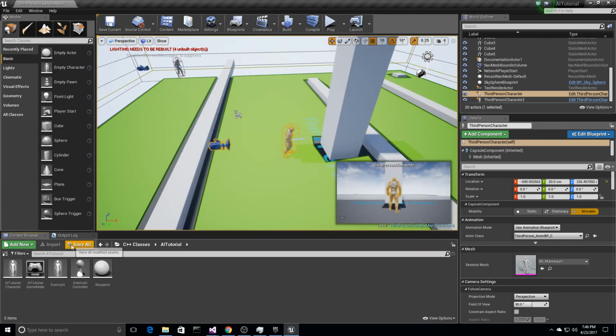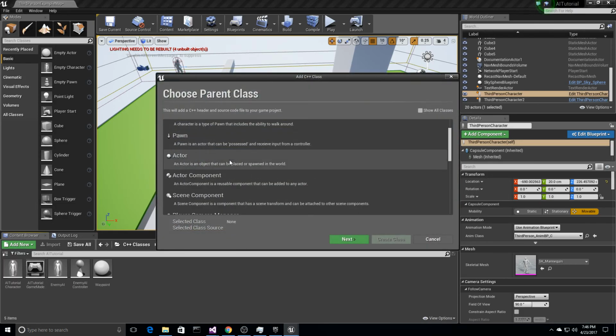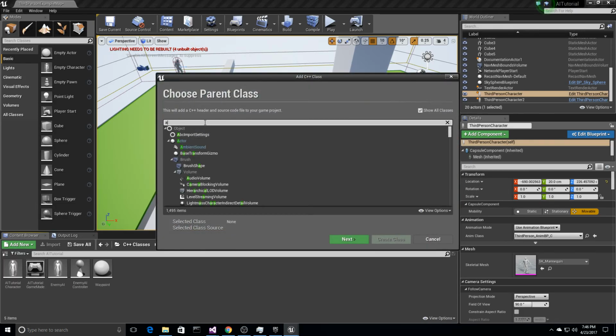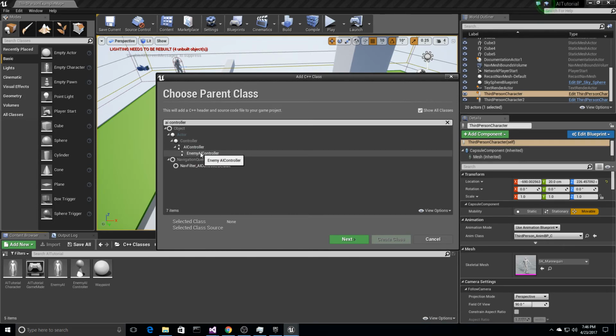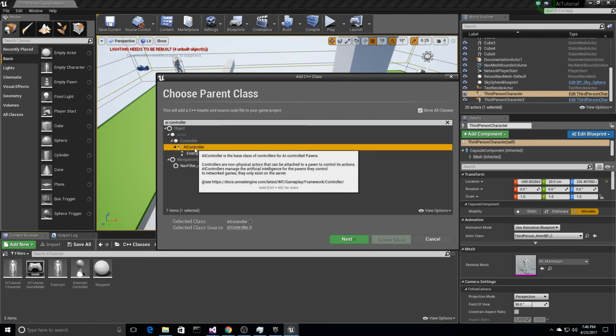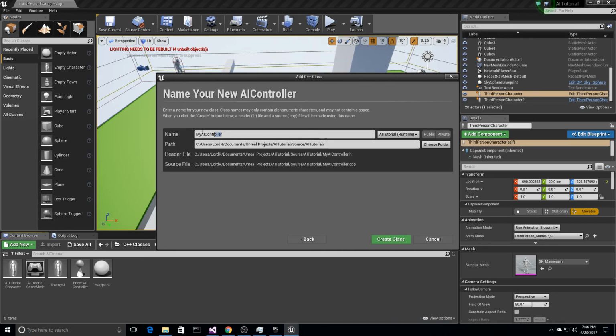And the last one will be show all classes again, AI controller. Search for that. And we are going to choose AI controller. Enemy AI controller is what I created. So you're going to choose AI controller, next, and name it enemy AI controller. Okay, and then once that's all ready, I guess you can unpause the video and we'll get started with the